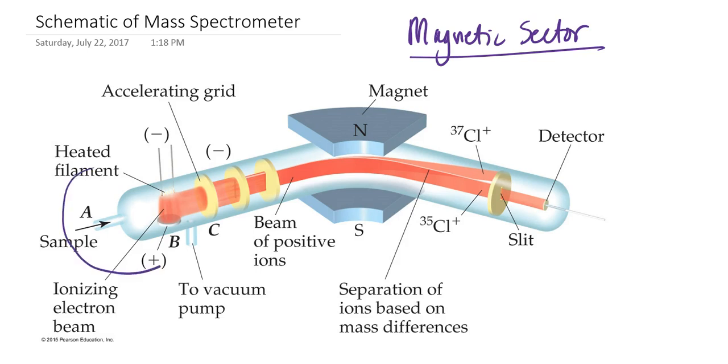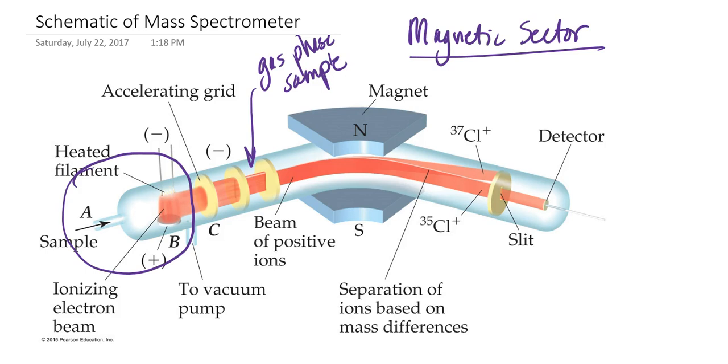Essentially here, at this end of the mass spectrometer, that's where your sample would actually be introduced into the instrument. In mass spectrometry, you're going to be analyzing your sample in the gas phase. And so for that reason, your sample has to meet some requirements before it can actually be analyzed within the instrument. First off, as I said, since we want a gas phase sample, if we happen to have our sample in a different state, be it solid or liquid, then we're going to have to what we call volatilize